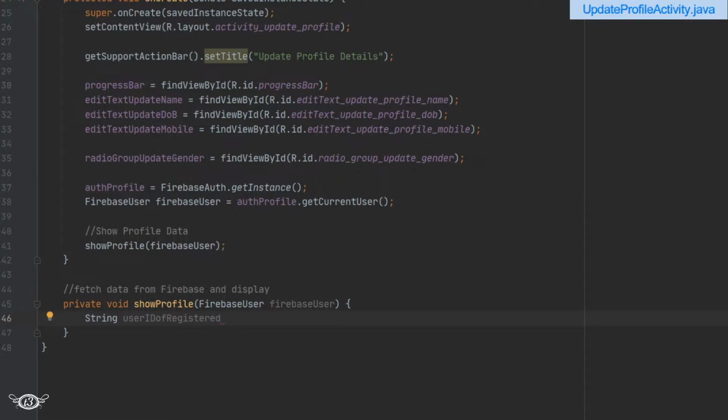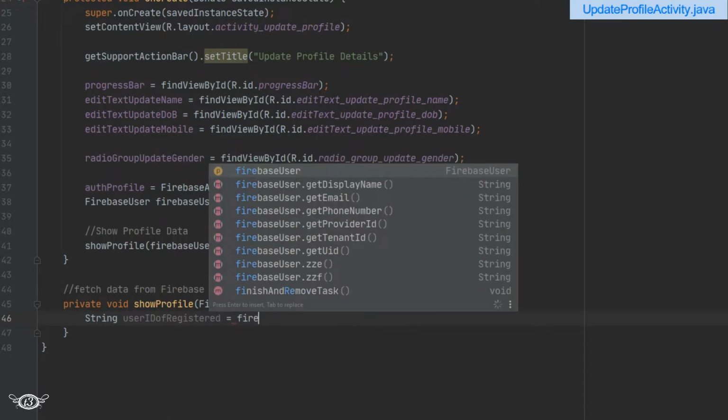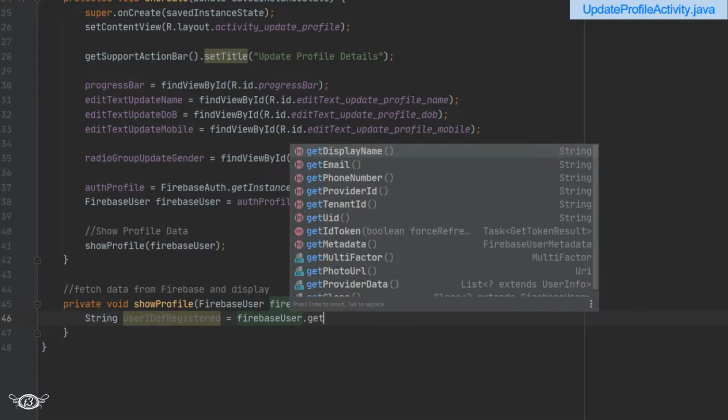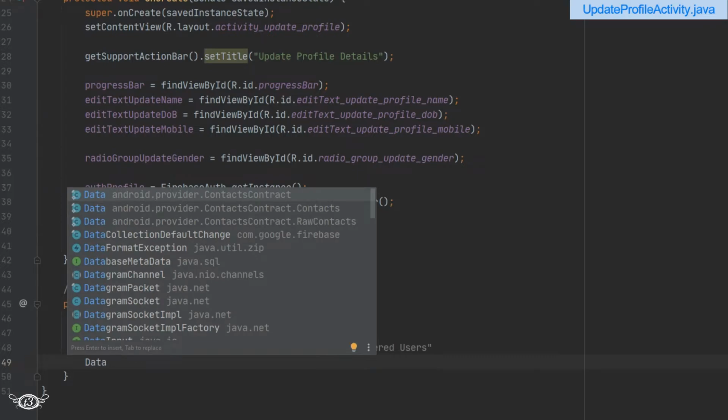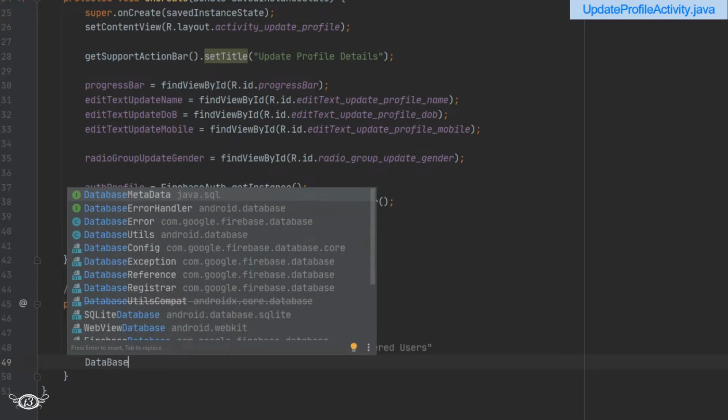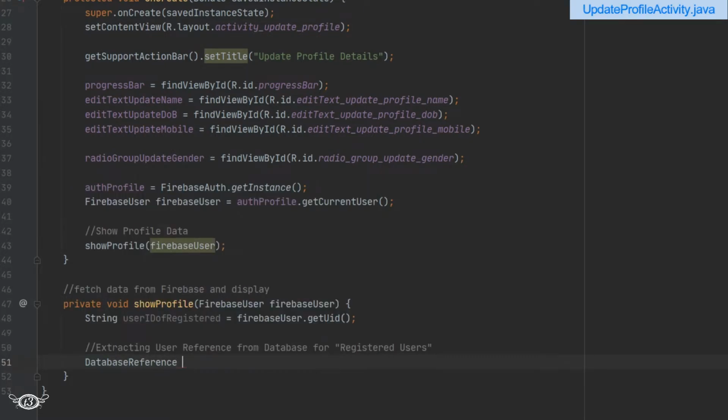And to get the UID, we just have to use the method getUID. Alright, then we need to obtain the reference from the database for the node which is labeled as registered users. So for that, I'm going to use DatabaseReference, referenceProfile, or you can give any other name that you want,